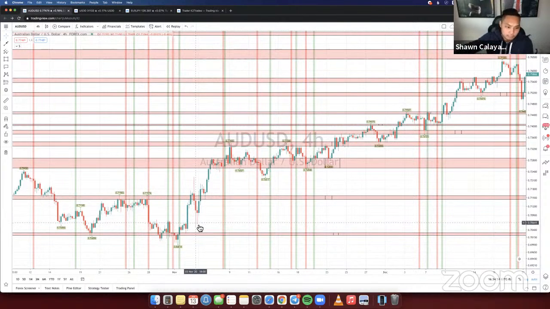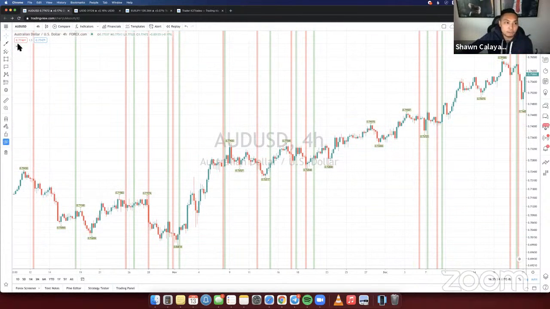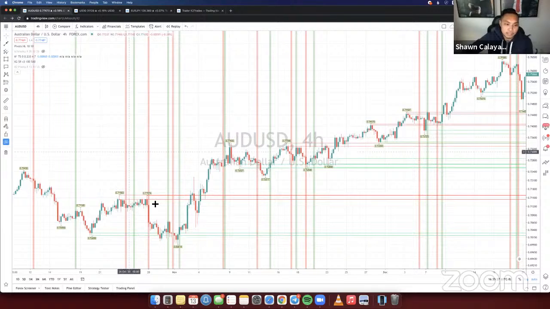Exactly. So for example, here we have 0.70209. Since we have a zone right there, I want to make sure that the same exact price point, 0.7029, was tested at some time in the past, maybe two or three times, at least two times, three times is better, anything above that. So I gave him my logic, what I wanted, and he coded it so the zones get drawn wherever price tested more than two times in the past. It has to test that same exact price point. It can't be off by even a penny. It has to be exactly on that price point.